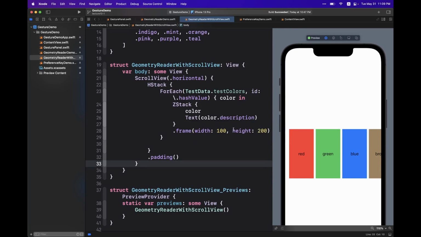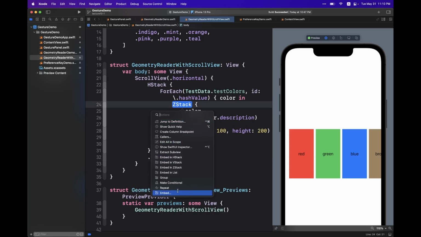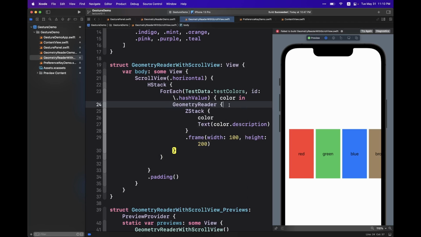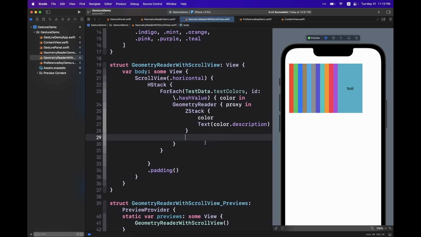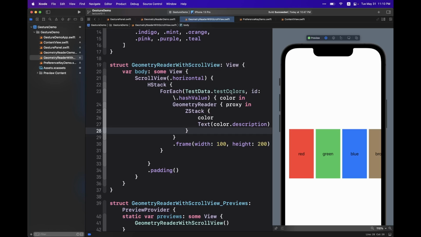Now, let's actually use GeometryReader to achieve some interesting behavior. Actually, let me show you one by one first. First, we're gonna embed this thing in a GeometryReader, and we have a proxy. Here, we can apply this frame on the GeometryReader. Now you can see we still have exactly the same thing as before. But now,